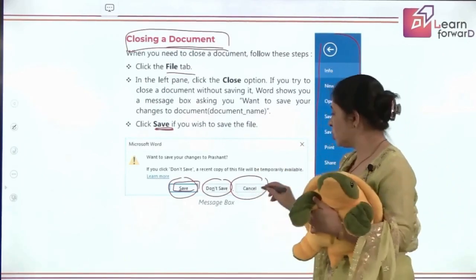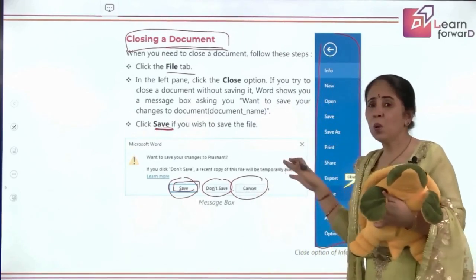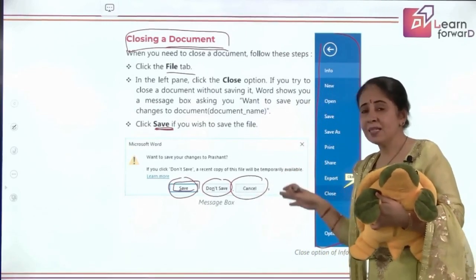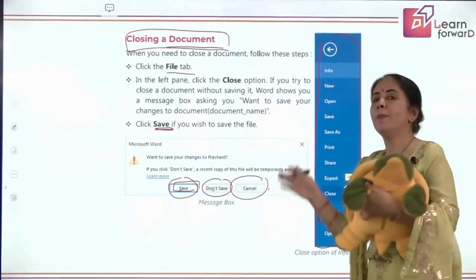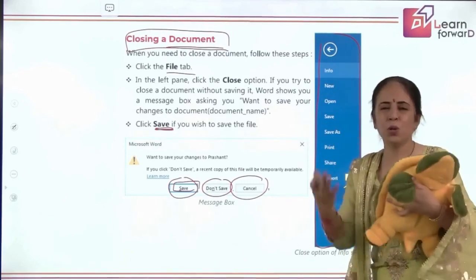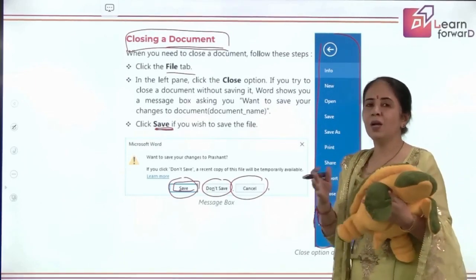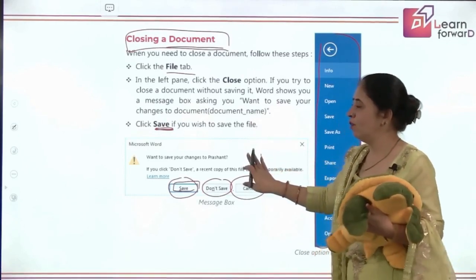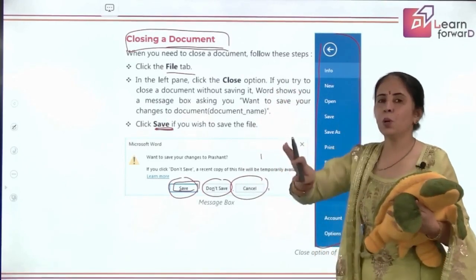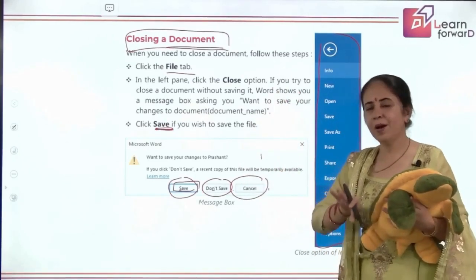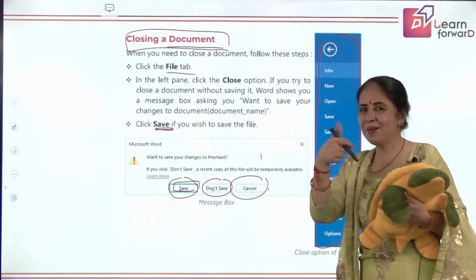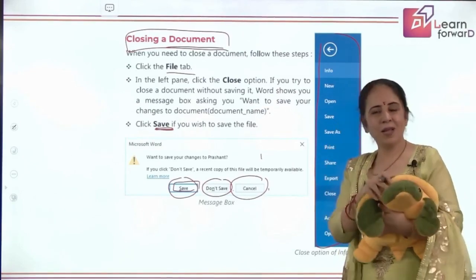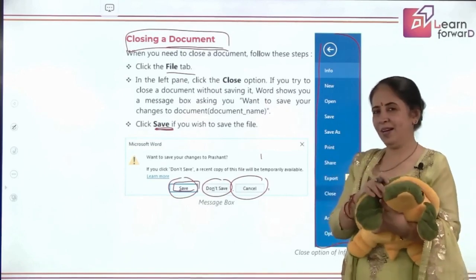But what is the meaning of cancel? Cancelling means you are going back to the document, you still want to make certain changes, and you are moving out of this window to the document again. Understood? Thumbs up again, once again. Show me a smile, and we move ahead. Okay,